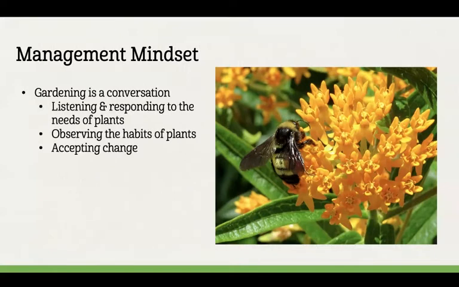So this looks like being alert to and responding to the needs of the plants, which might look like watering our new gardens regularly, pruning a damaged branch, removing weeds, watching out for any wilty or droopiness, and observing the habits of the plants, either encouraging or editing as a result. We'll talk a little bit more about when to encourage and when you might choose to edit as we go along. And just being willing to accept that the design is going to change and embrace that as part of the beauty of inviting nature into the garden